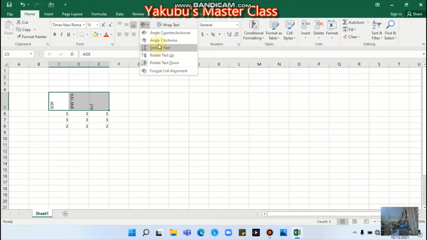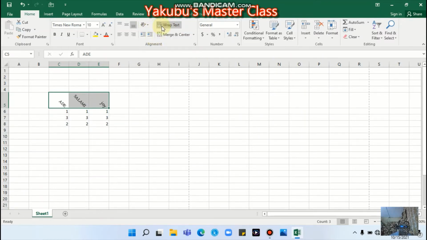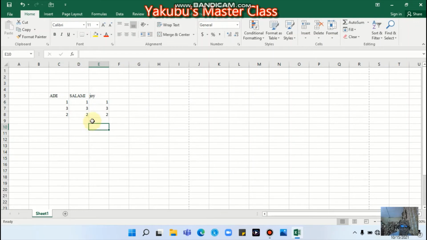If I want it to be vertical, I do it like this. If I wanted it to be this way, it would. If I wanted it to be zero, it's fine. So here you can also change the orientation of